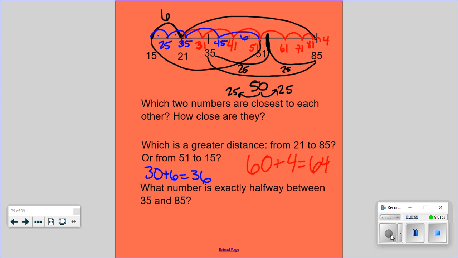If I break apart my 25 into 20 and 5, 35 plus 10 is 45. Plus another 10 is 55. That's my 20. And then I just have to add 5 more. What's 55 plus 5 more? Right, 60. My middle point is